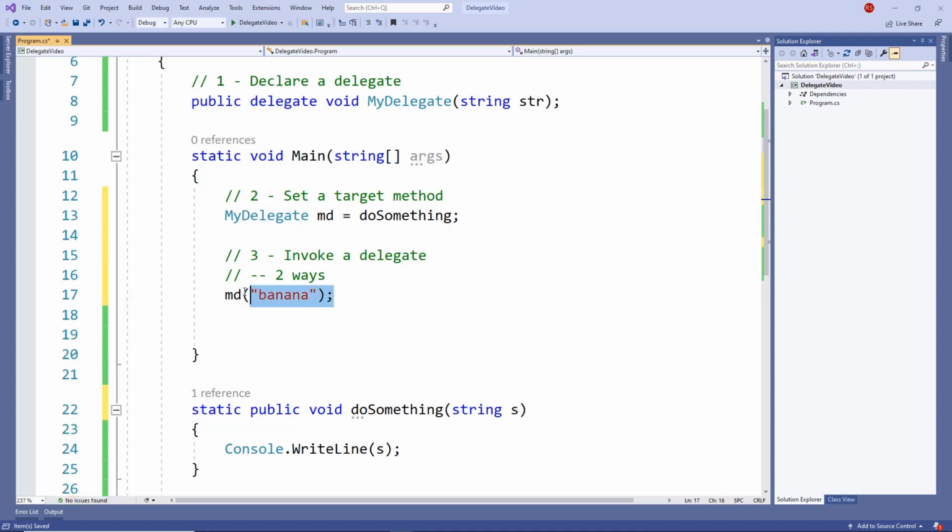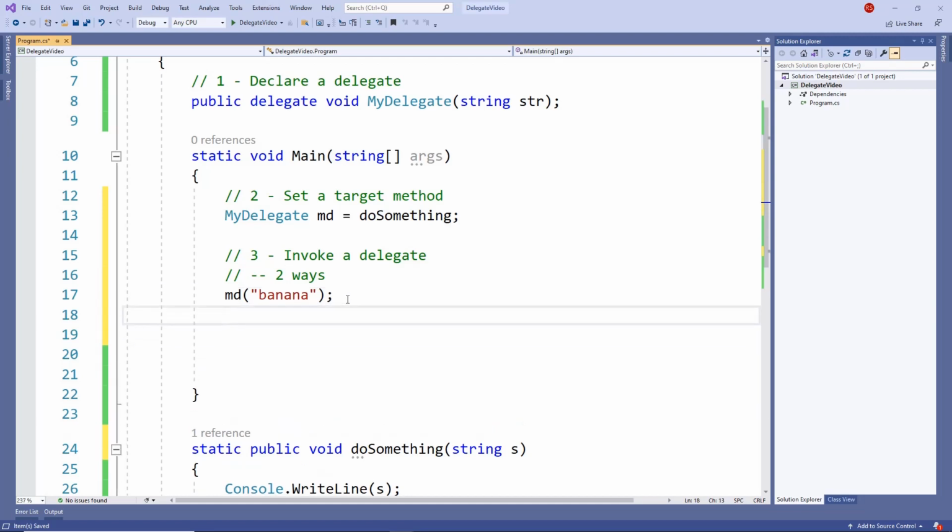So this way here, you're invoking the delegates MD, and this MD delegate is set to do something. Therefore, when you invoke this delegate right here, it will actually call this method because this is what this delegate is set to. So this is one way to invoke the delegates, and the other way for us to invoke the delegates